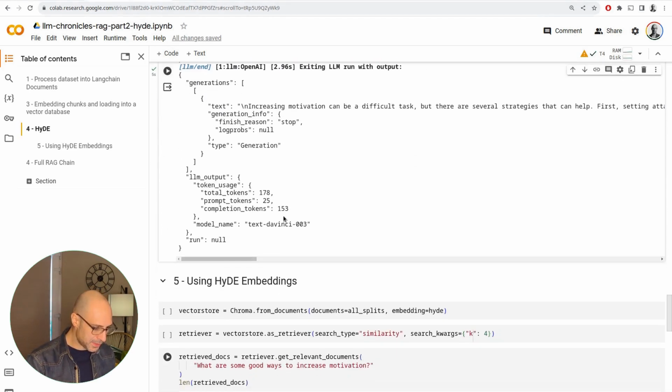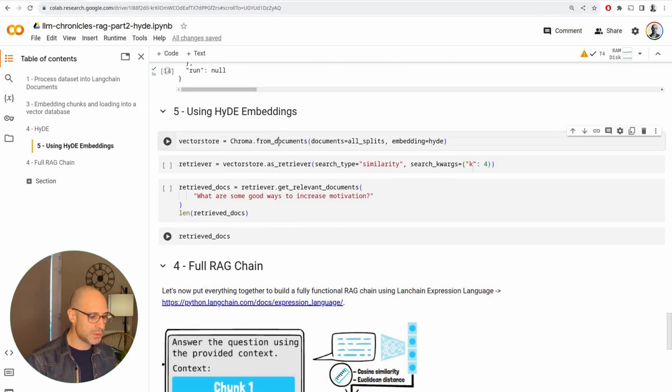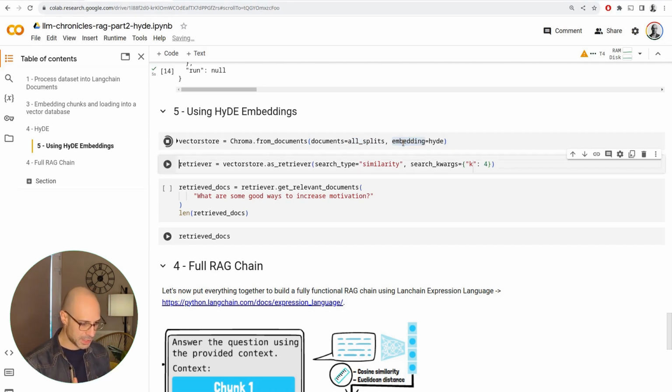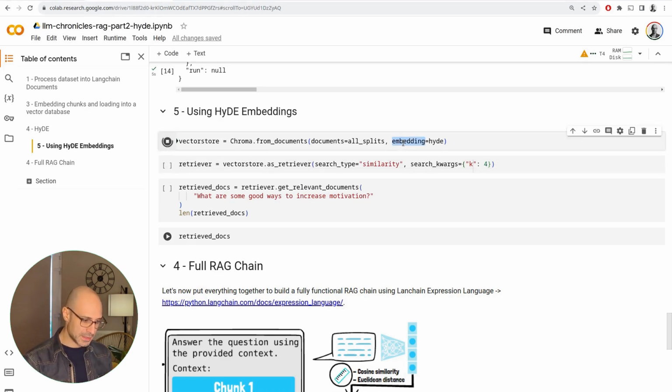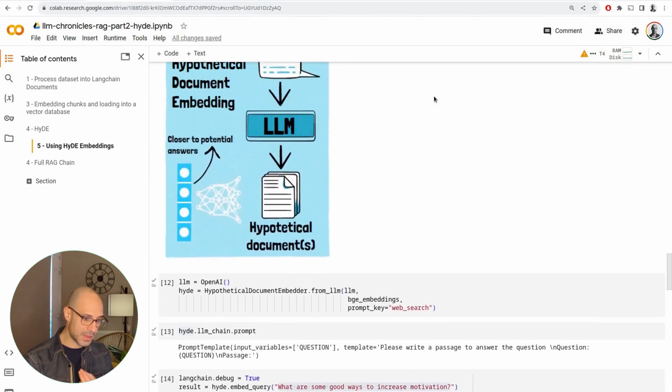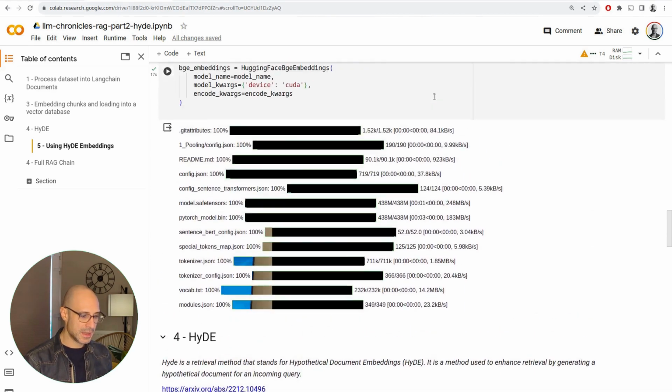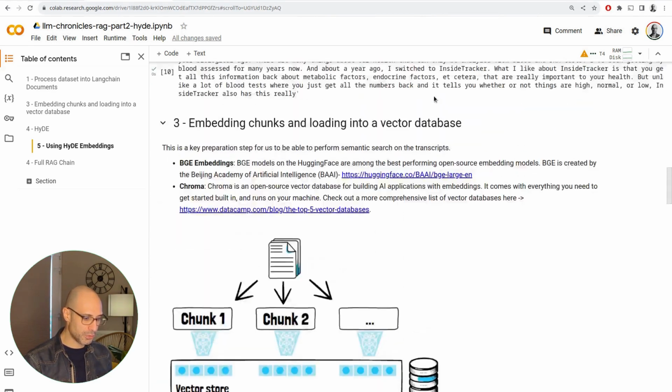So how do we use this in practice? Well, first of all, we need to take all the documents that we have split, but this time we embed them with the HyDE embedder. This is going to take a little bit of time. Oh, and something else to point out here, which is counterintuitive. You would expect that the embedding that we use to embed the documents is not the HyDE embedder, but the standard BGE embedding, because obviously we do not want to